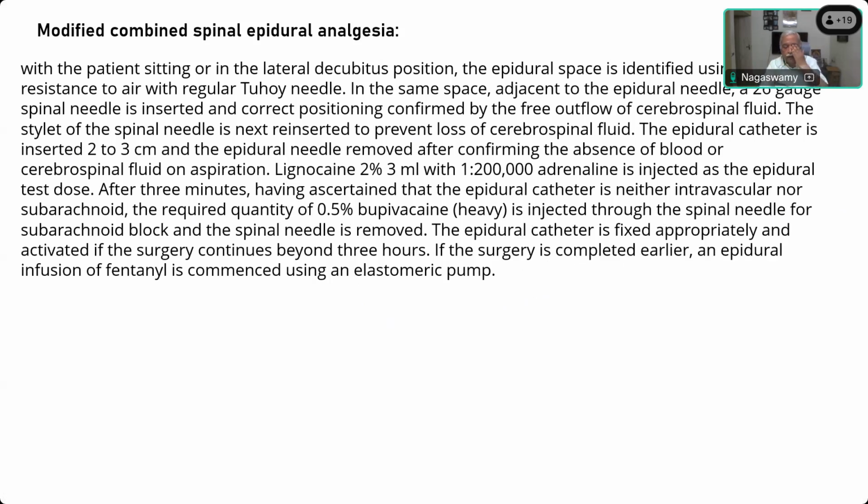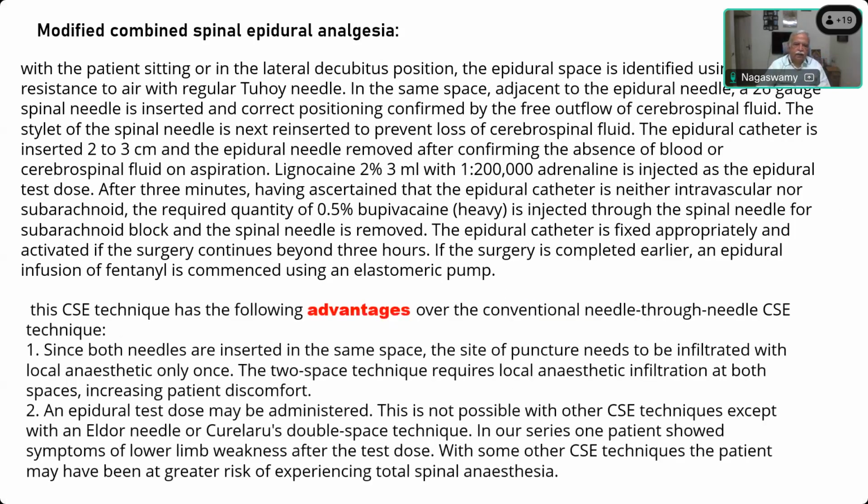So the two advantages you will find here are, you are able to introduce the catheter, give a test dose and make sure that the epidural catheter is in the proper place, and then you are giving the subarachnoid block so that the patient does not have to be sitting or lying down with the subarachnoid block having already been established. That is the main advantage of this technique. So these advantages are